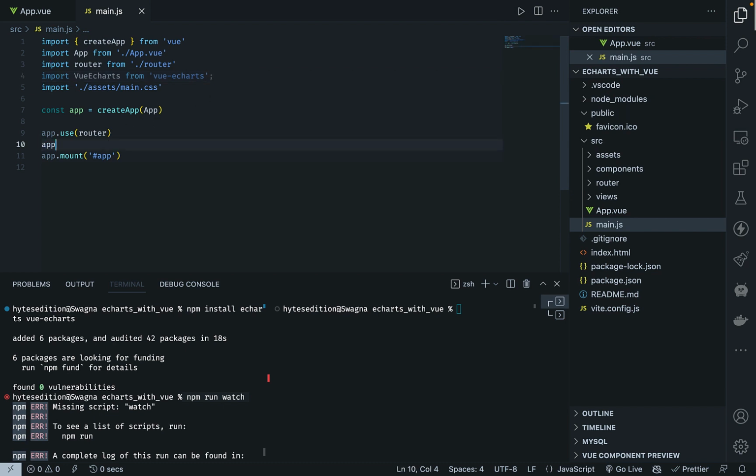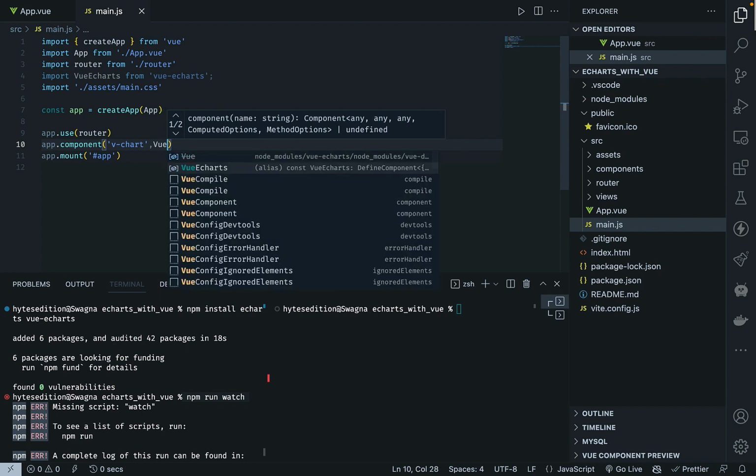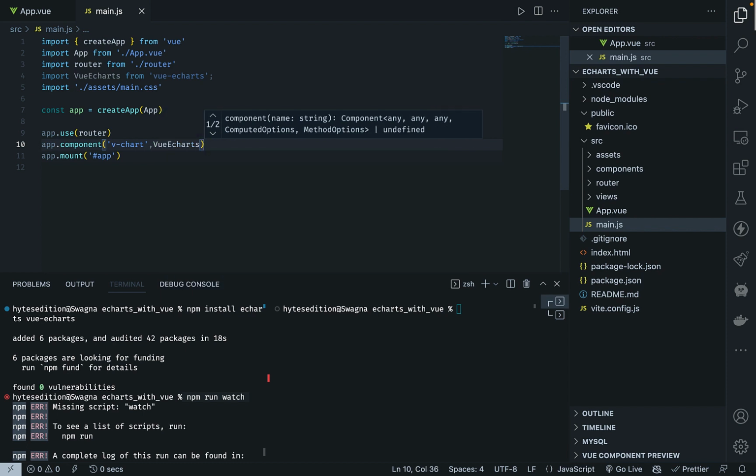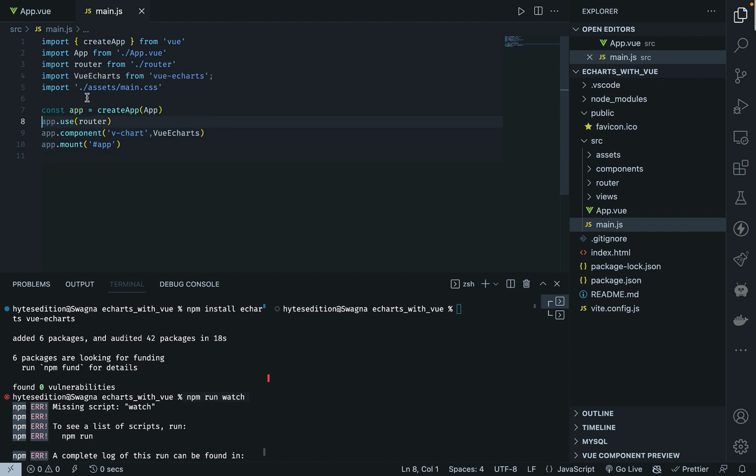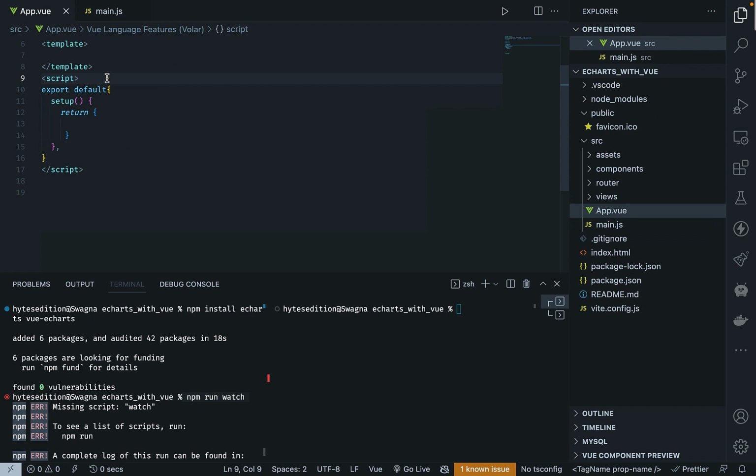and then we shall come here and say app dot component and say chart, comma, use Echarts. Then you can terminate if you want, but you don't need to. So after doing that, we shall then go to our app.js,